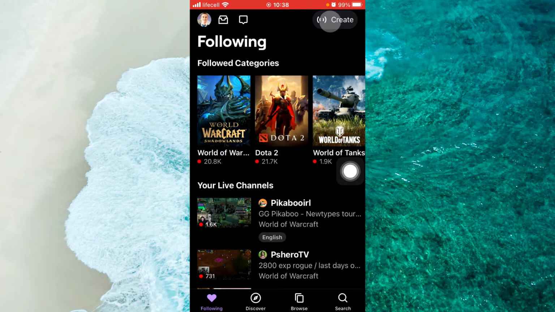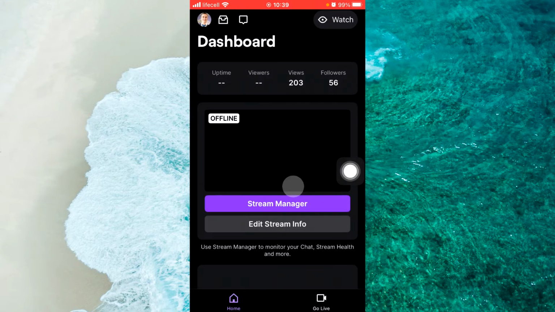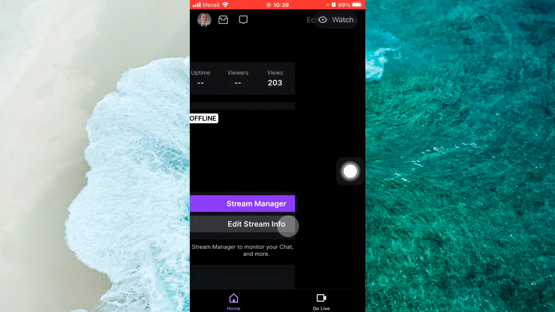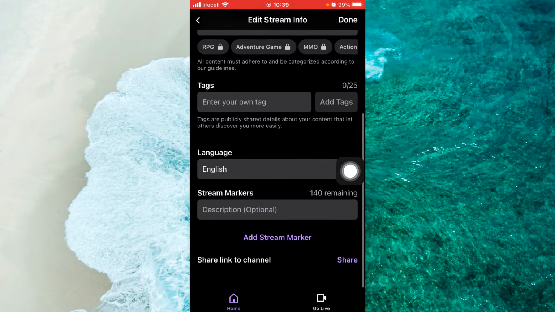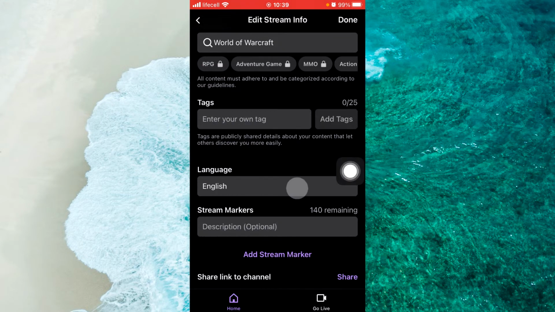You just tap on it. Here it says switching to creator mode. Here are tons of different options. First of all, you can tap edit stream info and you can change everything: your title, go live notification, categories, add a tag, scroll down, select language, your translation, and also you can add